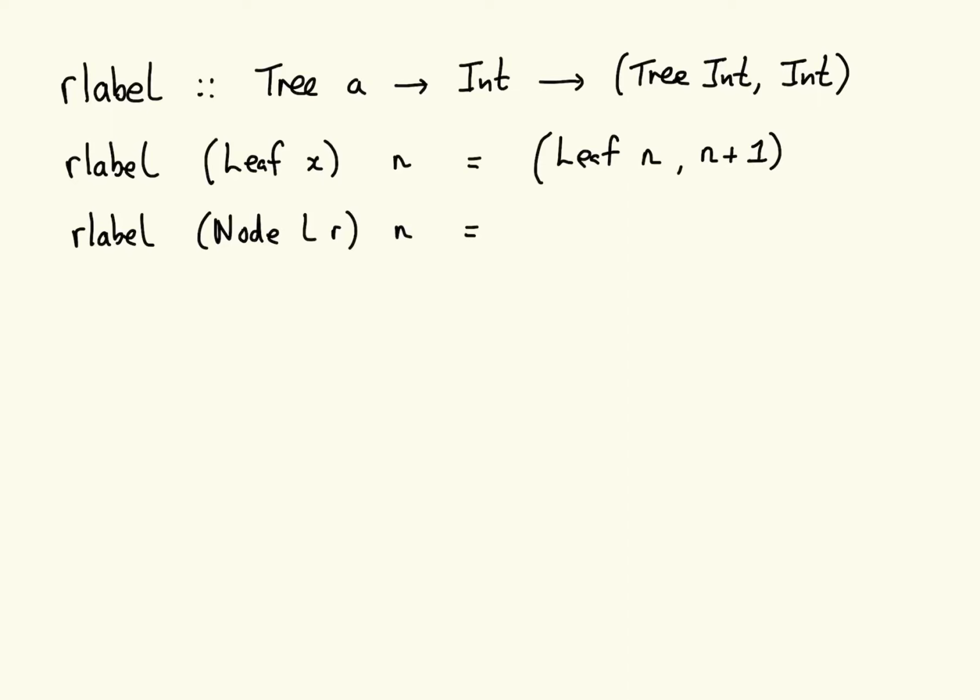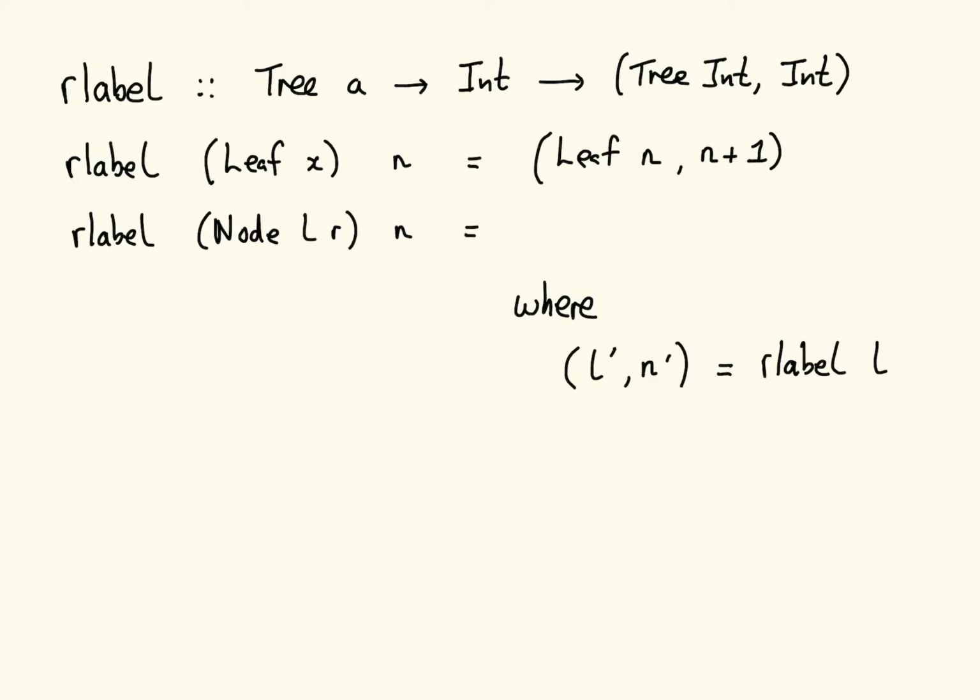So now we come to the recursive case. How do we relabel a node with a left subtree L and a right subtree R, and n is the next fresh label? Well, I'm going to do this recursively, and I'm going to have a little where clause, which is going to do the recursive stuff for me. So what I'm going to do is, first of all, I'm going to relabel the left-hand tree. Make sure I get my primes right here. I'm going to relabel